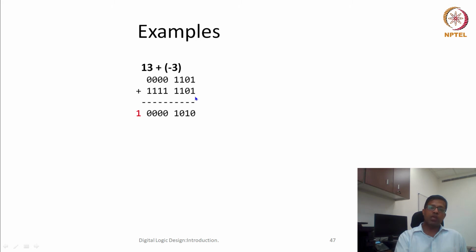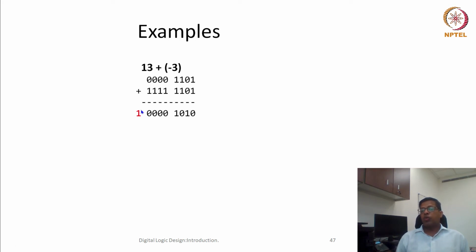Now because I want to add these two numbers, I am adding. 1 plus 1 is 0 and there is a carry of 1. Because this is 0 0, the carry comes directly here. Then again 1 plus 1 is 0, carry is 1. 1 carry plus 1 will give me a sum of 1 and carry is 1. Because carry is 1, plus 1 will give me 0. Again a carry is generated, 1 plus 1 is 0, again a carry is generated, 1 plus 1 is 0, another carry is generated, 1 plus 1 is 0, another carry is generated, and we finally will have a carry here.